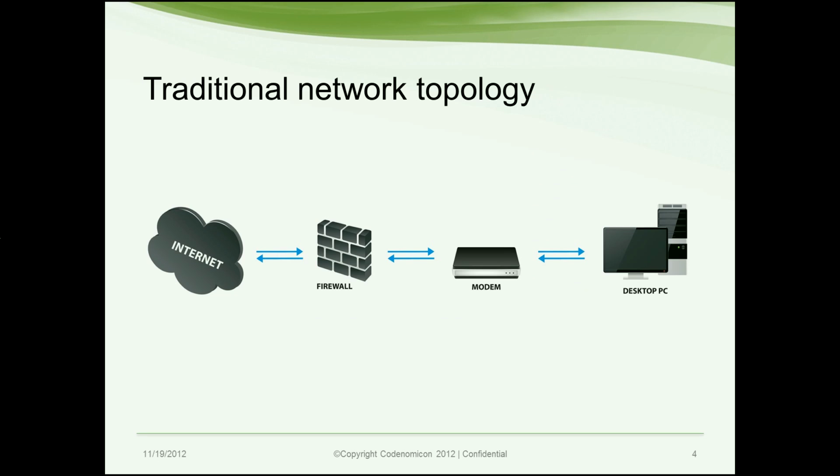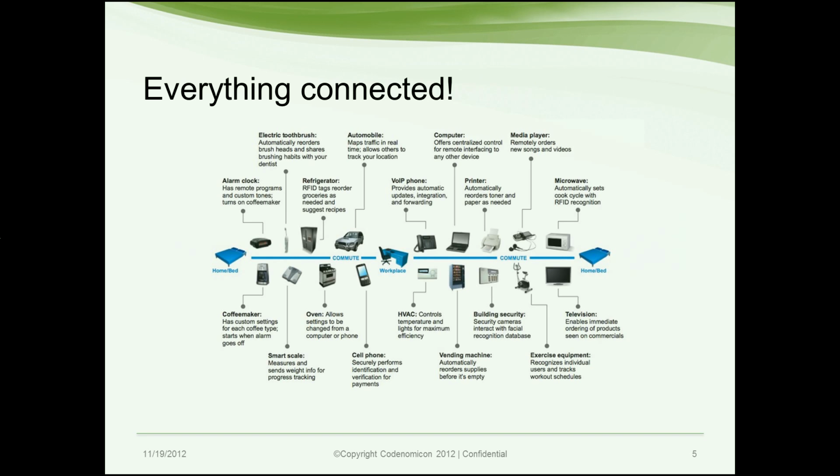And this change can be seen not only in printers nowadays, but in a lot of other devices. So here, very quickly, on the left side is the traditional network topology from a while ago. On the left side we see the evil internet separated from the internal network through a firewall. A lot of times the firewall is built in, if you think about for example a home office, in a router itself or in a modem. And on the right side we see a desktop PC. Nothing really special. As mentioned earlier, this change of devices becoming connected devices, so getting network awareness and network connectivity, being able to talk to other devices and being able to send data, for example, through the internet or through internal networks,